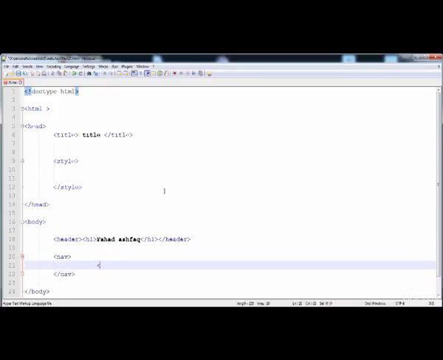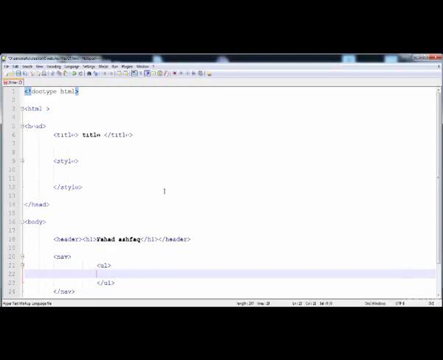Here first of all we need to place the UL, and then here is the closing UL, and here is the list item, here is another list item, and here we have to place an anchor tag. In between this I'm going to write home, and here is the hyperreference,